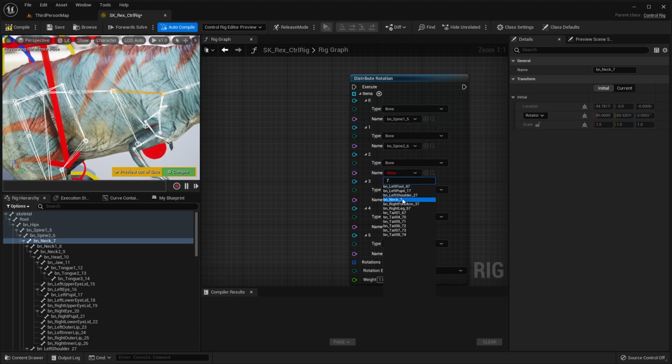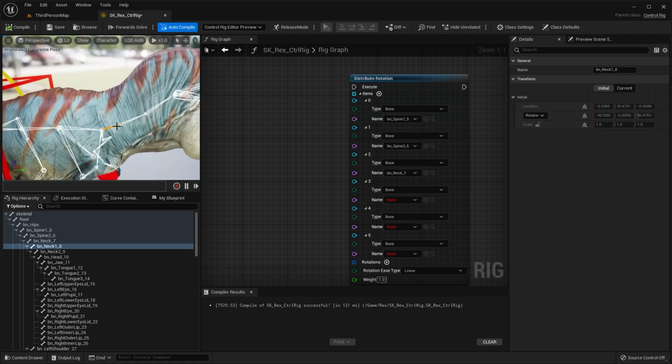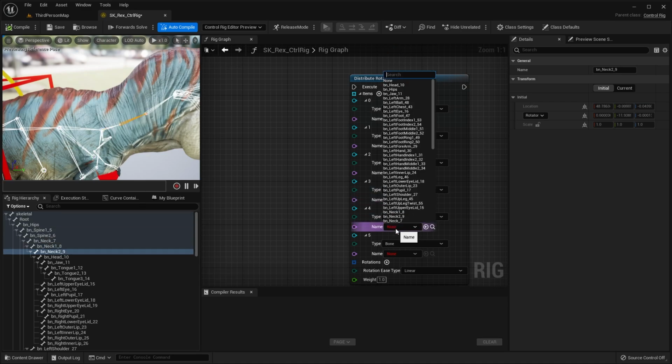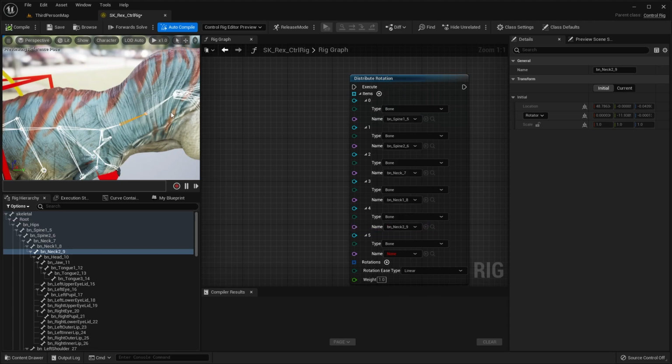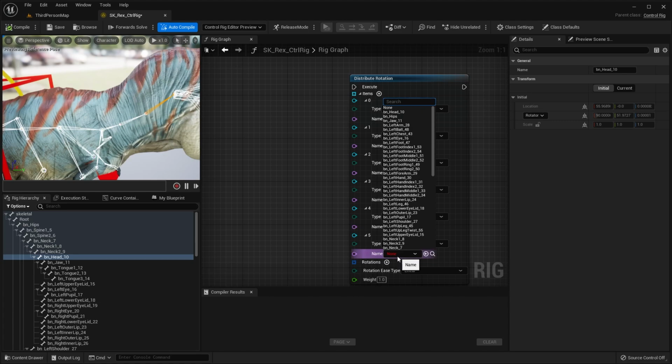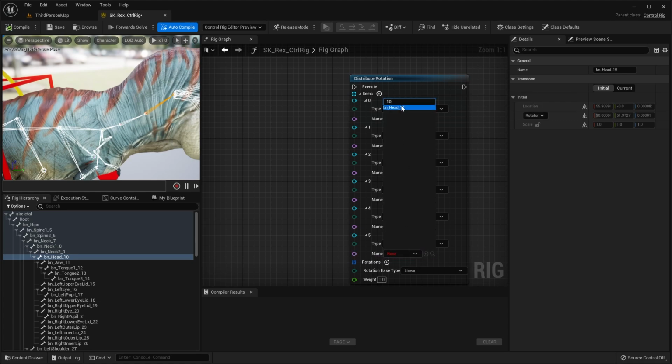Like I said, these are random bone names. If you wanted to, you could take this into Blender and rename all the bones, but I'm just going to leave it as it is. Okay, 1_8, and then neck 2_9, and then head 10. Okay,